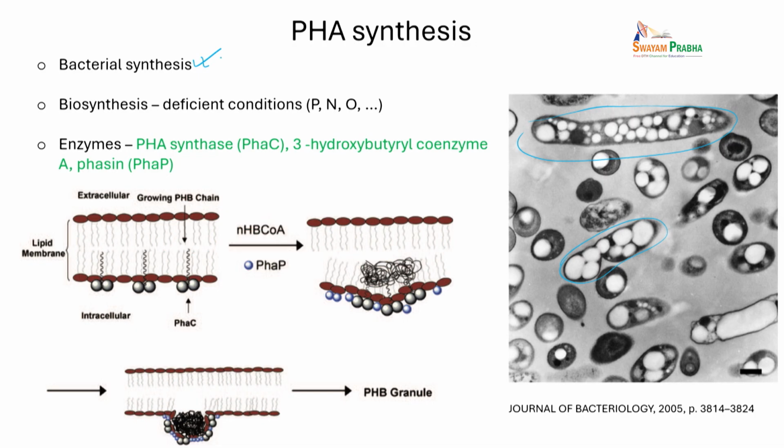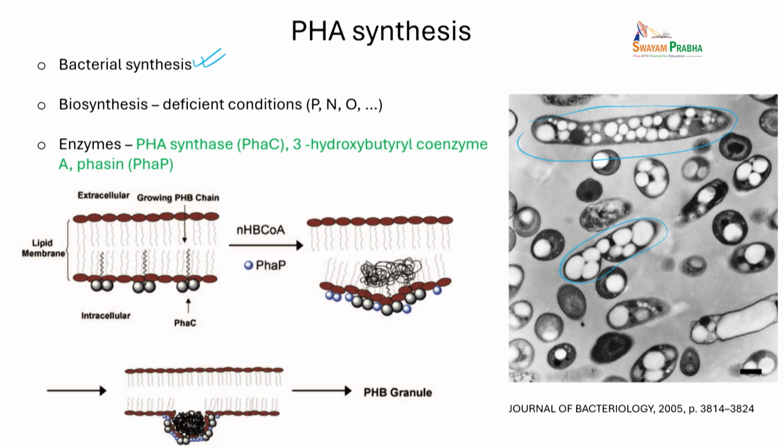So PHA is synthesized through bacteria, and typically when you treat this bacteria under some deficient conditions, like for example when you make phosphate, nitrogen and oxygen deficient, then the cells try to produce this under stressed conditions. In a normal condition they don't produce this, okay, but when you stress this bacteria, then you have production of